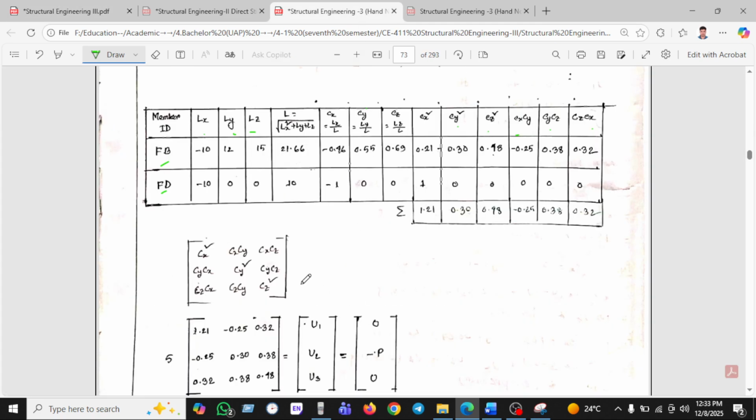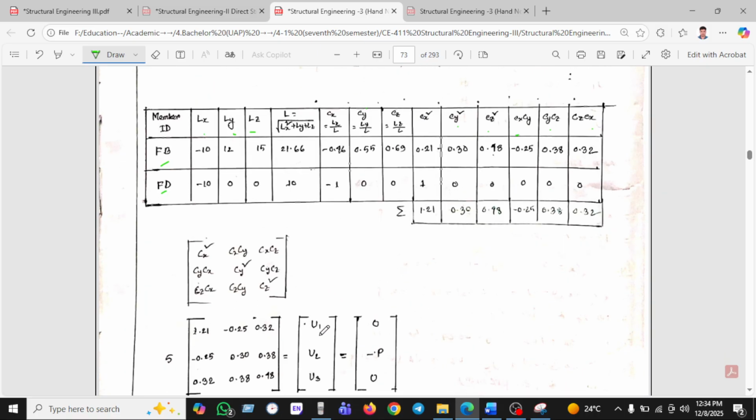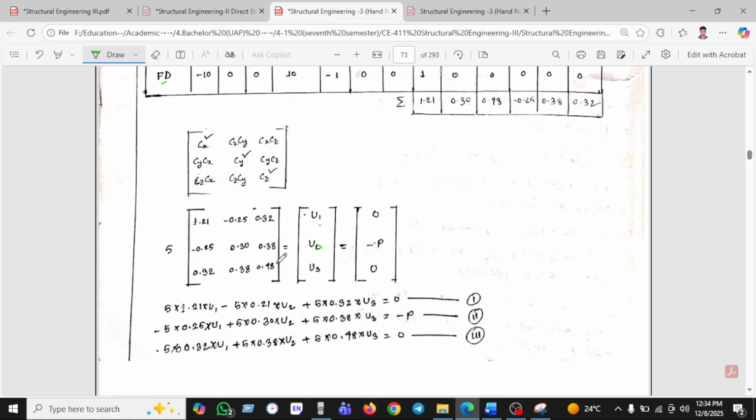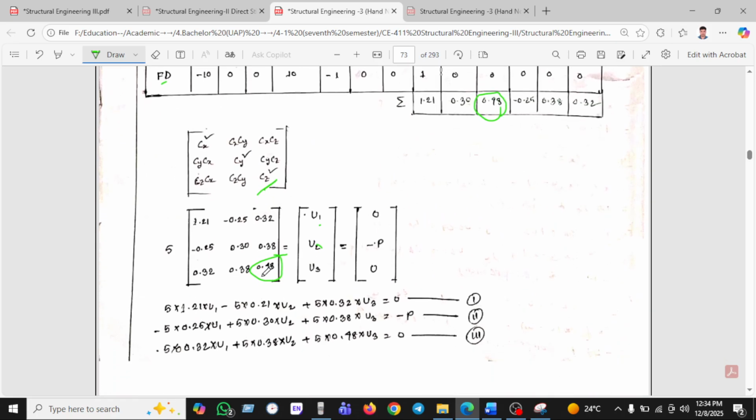Okay, so we are finding this equation, and for the node which is called D, we will not use D, we will just take the nodes of FD, which are called u1, u2, u3. These are the u1, u2, u3 displacements. How will we calculate it? It is nothing but Cz square. If you go to the Cz square, this is the Cz square in the equation, and we find this here, and after putting this in,